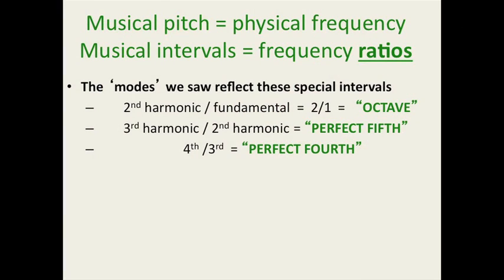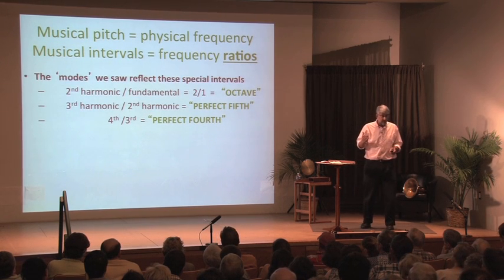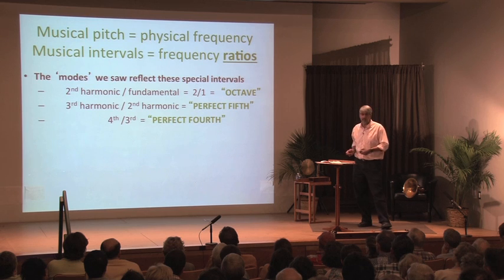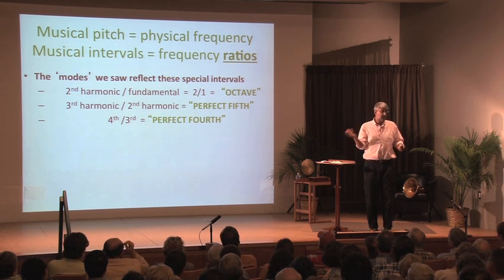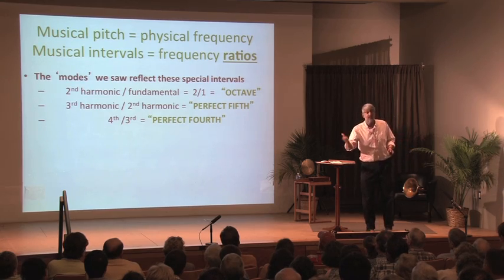But here's almost a more important idea. Frequency ratios correspond to musical intervals. This is a really important part about how we hear music. When I go from that fundamental mode to the next mode, I've doubled the frequency. That's a ratio of 2 to 1, and we refer to that, musically speaking, as an octave. So if that first frequency happened to be 1 hertz and I went to 2 hertz, if we could hear that, that would sound like an octave. If I went from 100 hertz to 200 hertz, that's an octave.